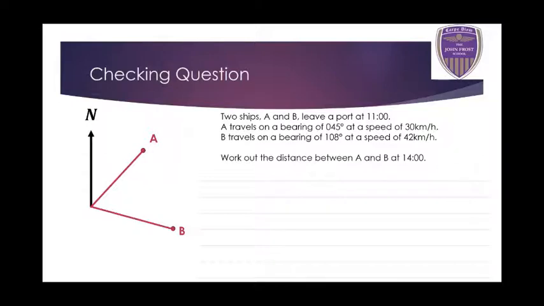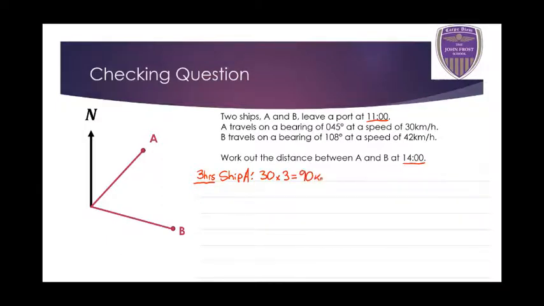If we look at the start time, they started traveling at 11 o'clock and we're asking how far away they are at 2 o'clock. So 11 o'clock to 2 o'clock means they've been traveling for 3 hours. So ship A, if he's been traveling at a speed of 30 kilometers per hour for 3 hours, all we need to do is times his speed by the amount of hours they've been traveling. So 30 times 3,